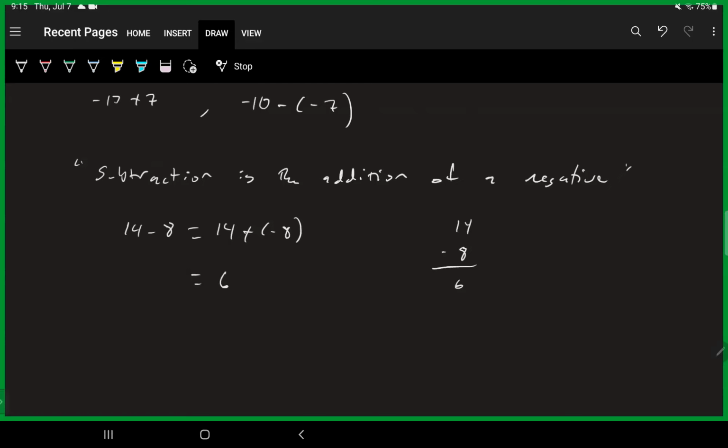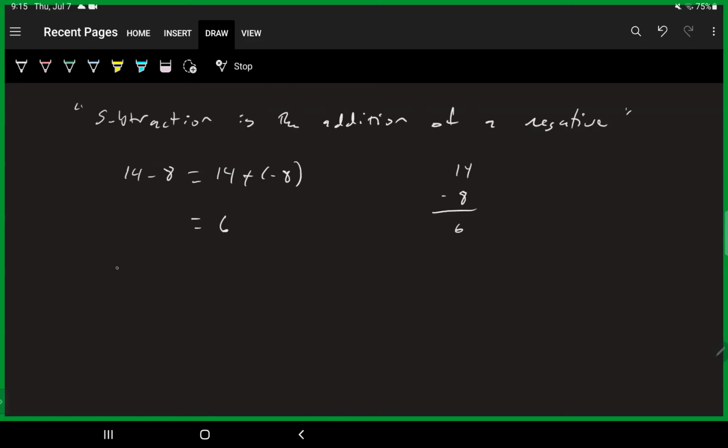On the other hand, if I were to have 8 minus 14, which is something that we had a hard time with in elementary school, we can do the same thing. This is going to be 8 plus a -14. I'm going to look at my two numbers here, 8 and -14. -14 has a bigger absolute value because its absolute value is 14. So that's going to go on top, and I'm going to get 14 minus 8 again, which is 6. I'm going to keep this negative sign here because the absolute value of the negative was bigger. So I'm going to keep the sign of the bigger absolute value, and I'm going to get -6 as an answer.